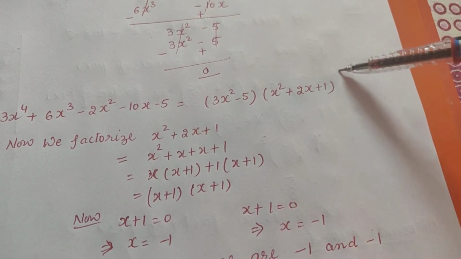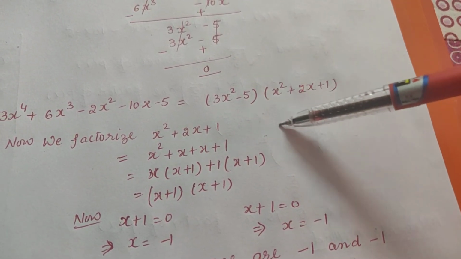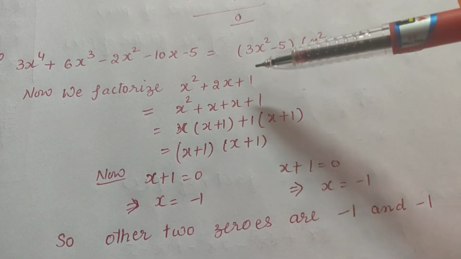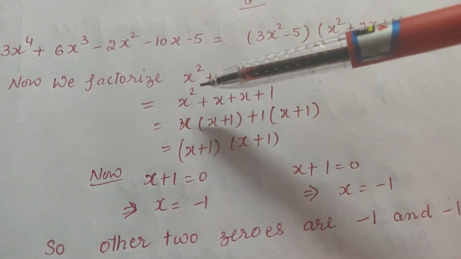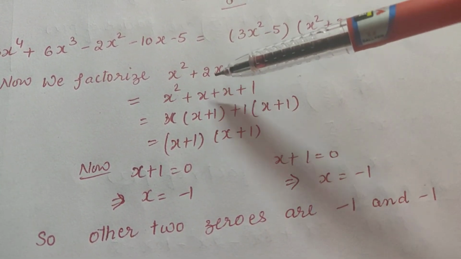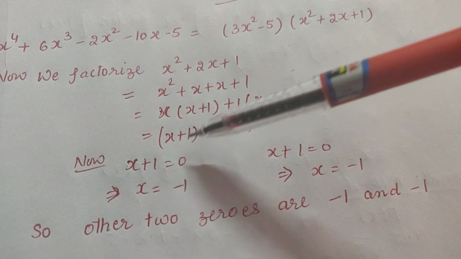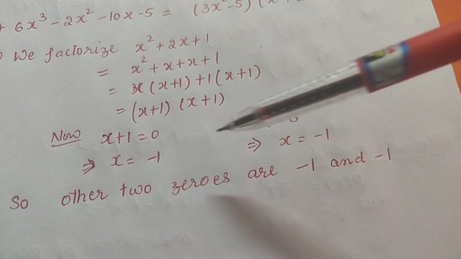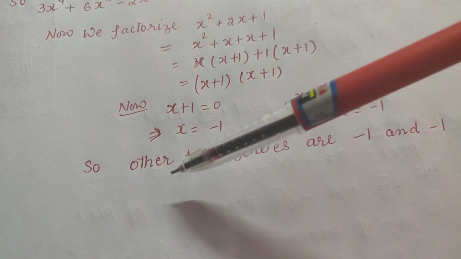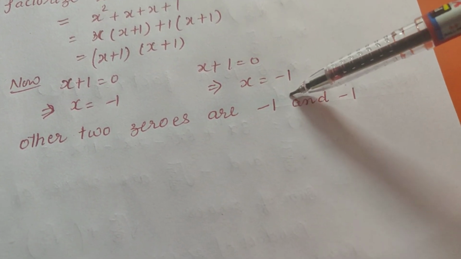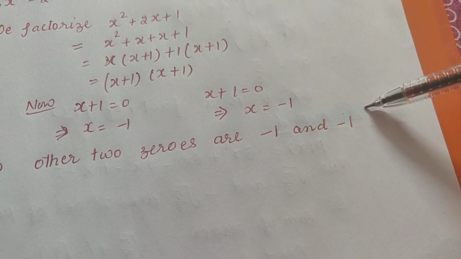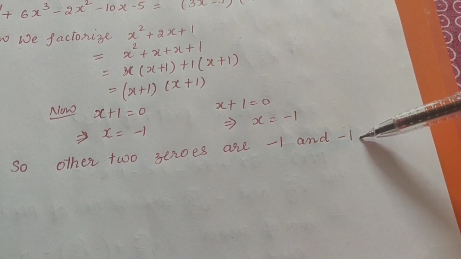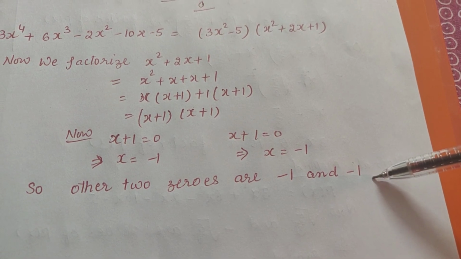Now we will factorize only this polynomial to get two more zeros. So you know how to factorize it. This also I told in the last video. So we will factorize this polynomial by splitting the middle term to get these two factors, and with the help of these two factors we have got these two zeros. So the final answer we have written. So the other two zeros are -1 and -1. So two zeros you were given and two zeros we have found. I hope this is clear to you children.